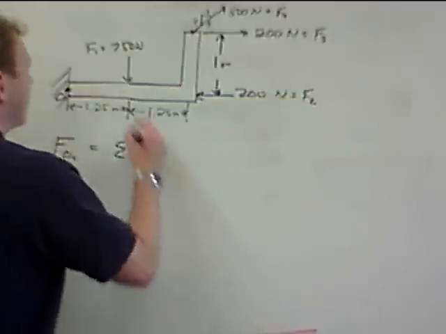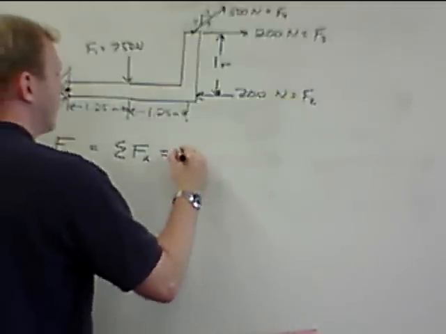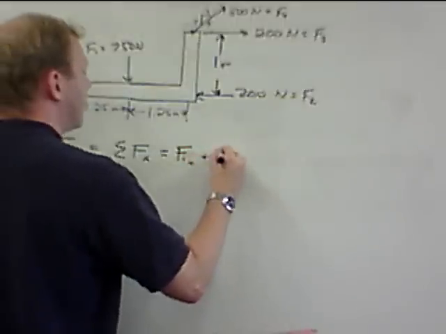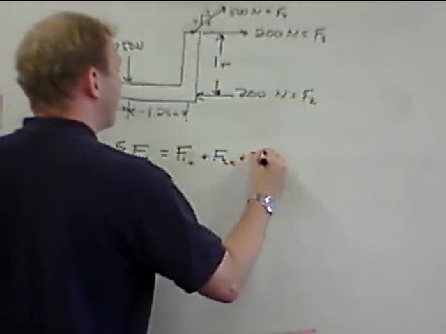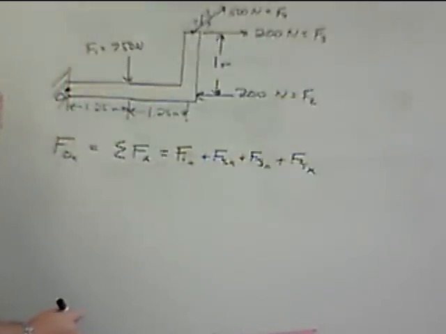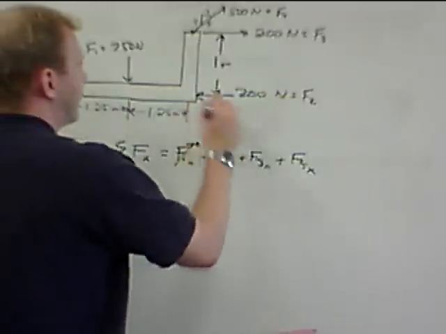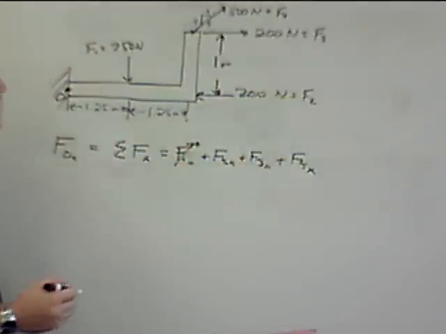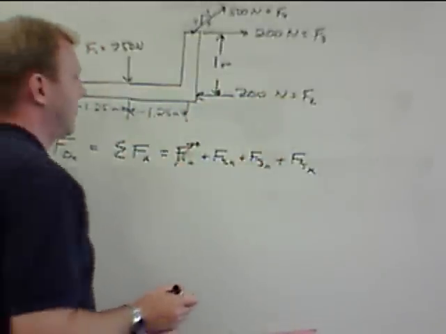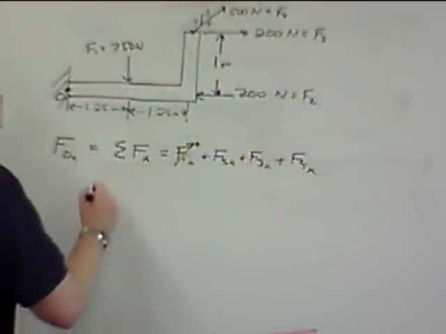Well, that equals F1x plus F2x plus F3x plus F4x. I'll write it out. F1 has no x component. F2 and F3 have x components. They will cancel each other out, but I'll substitute them in so we can show that. And F4 is going to have something there. So this equals